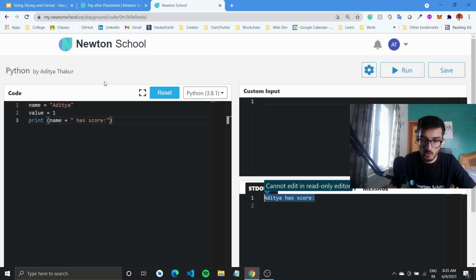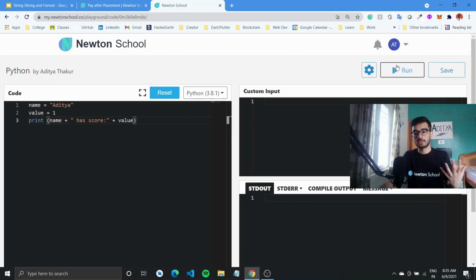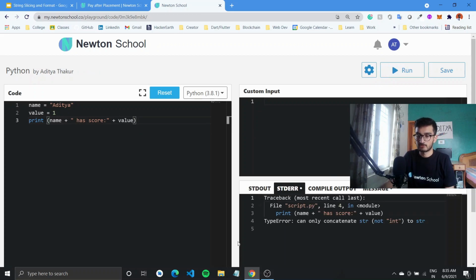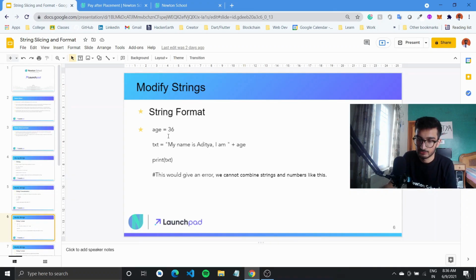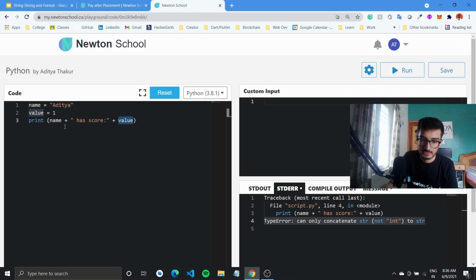Now if I also want to add the value here, also print the value, and run this now, what you'll notice is that I'll get an error, a type error, which says can only concatenate strings, not integer. So how do we print these integer values? Basically we can use the format. How this is done is